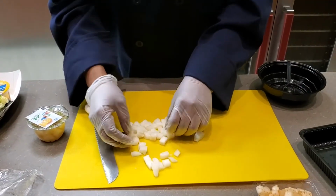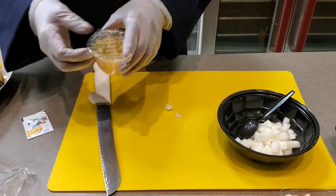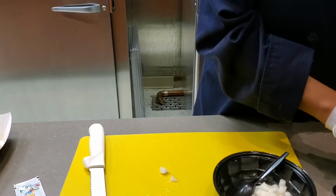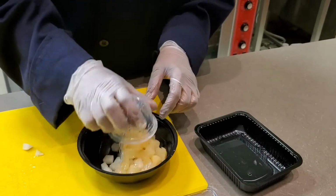This is what we're looking for with our jicama. I'm going to add that to my bowl. Three easy ingredients, all found in your curbside meal. And I'm just going to drain the juice from the pears, and we're going to add that to our jicama,